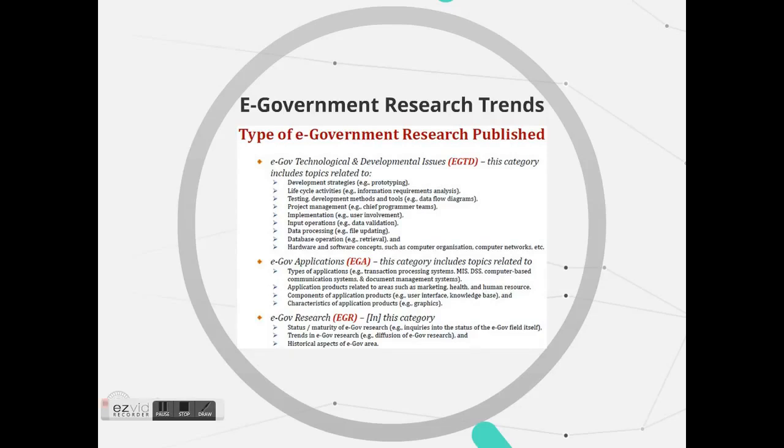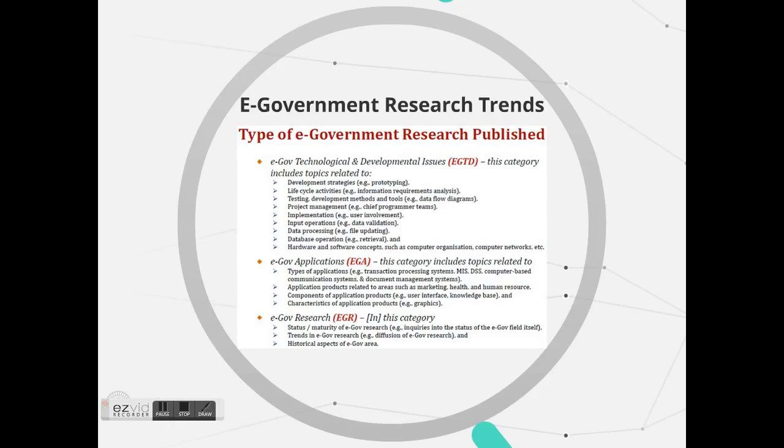And a fourth one is about the applications and categorization, which includes topics related to things like types of applications that we use in electronic government, or communication services, documentation management systems, components of applications for products within the electronic government. We're looking at characteristics of applications and products within this large e-government